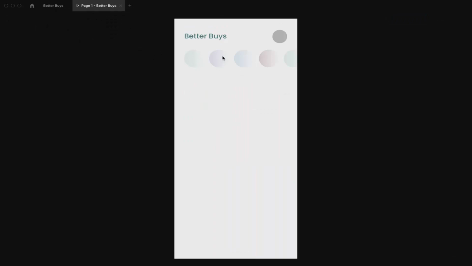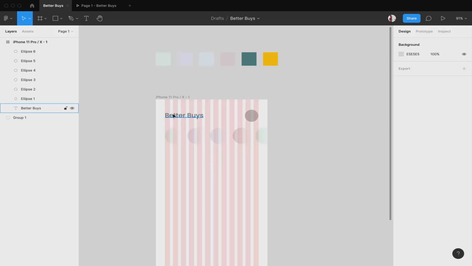Now if we add some images over here, then it will be more appealing. For that I'll need some time to decide on the content. Anyways, I wanted to let you know that in Better Buys we will only be selling green vegetables. So it will look better. Now these will be the categories. I will be adding the images and the content over here in the next video, and then we will continue with the design, and once we have made significant progress in the design, we shall start coding it.